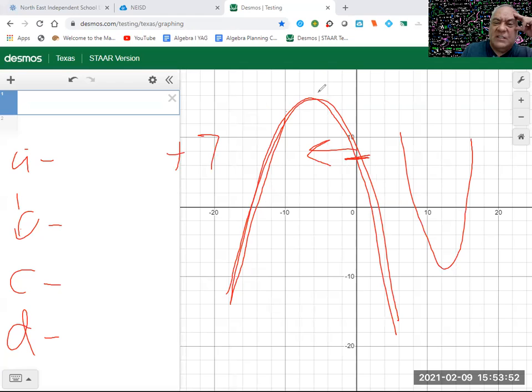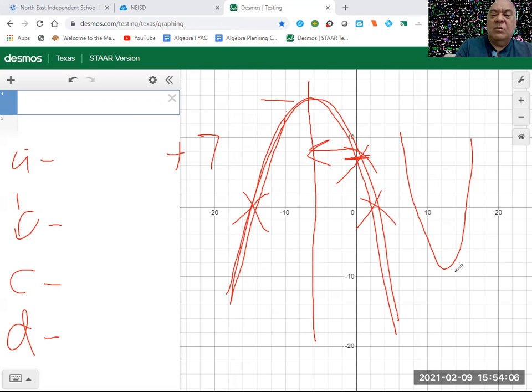You know where the vertex is, it's right here. You know where the x-intercepts are. So it just depends what they ask you. If they say, what are the x-intercepts? There they are. Say, what's the y-intercept? There it is. They say, what's the axis of symmetry? There it is. They say, what's the vertex? Then the vertex is just the axis of symmetry, the x value. And then the maximum, in this case, because it's upside down, is the y value. Okay, so you can get a lot of information and